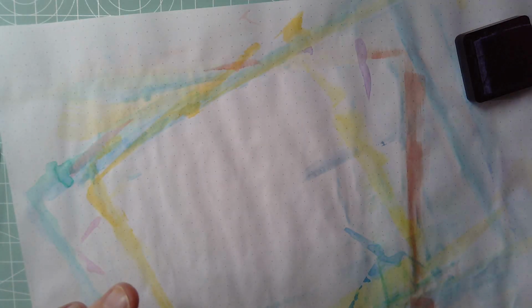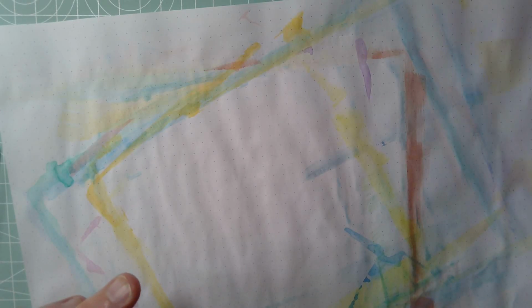The nice thing about doing these is I get to play with colour, because I do feel I struggle with colour and colour combinations. But I think the secret for me is going to be keeping them either complementary colours, which are colours opposite each other on the colour wheel. They look very bright and vibrant together, but they don't mix very well. They can make mud. So I wouldn't use necessarily purple and yellows or oranges here because they would mix and make a yucky colour. They might not because it's distress ink, but it would be nice to,